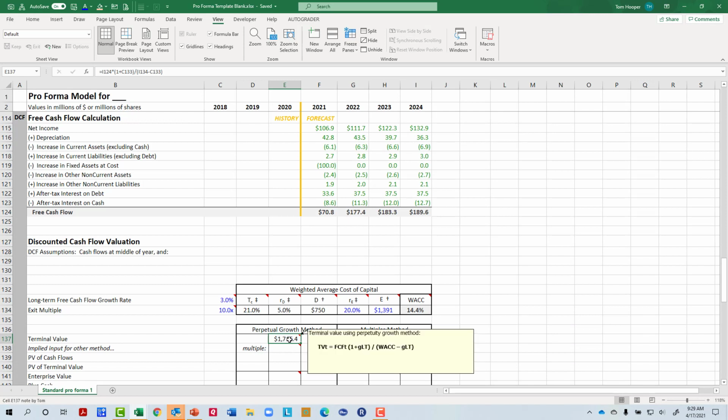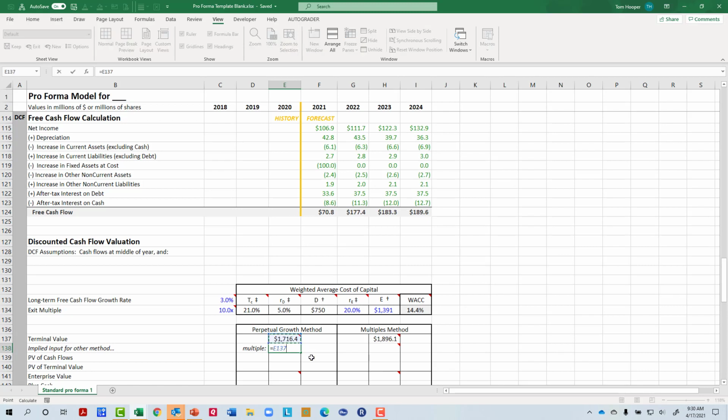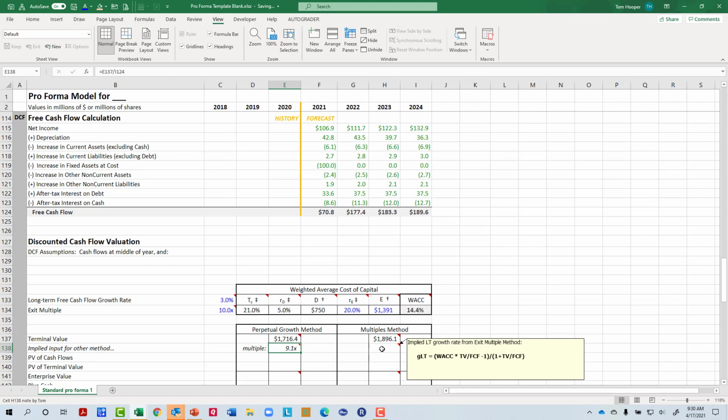If I calculated this number using the perpetual growth method, what exit multiple would I have had to use to get the same answer? So I can take that number and divide it by the last cash flow. I would have had to use a 9.1 multiple instead of a 10. That's actually not too bad. What would I have had to do over here